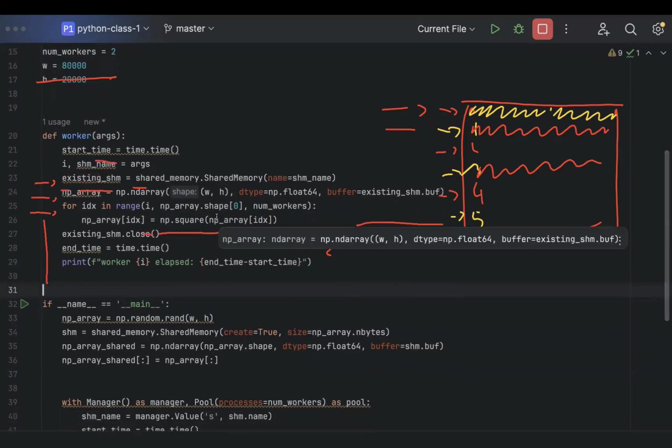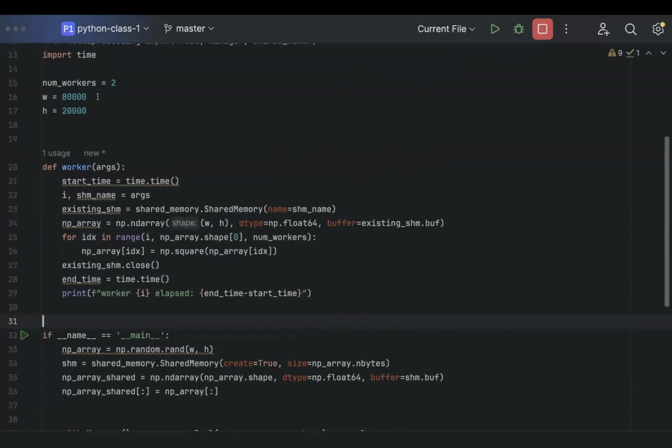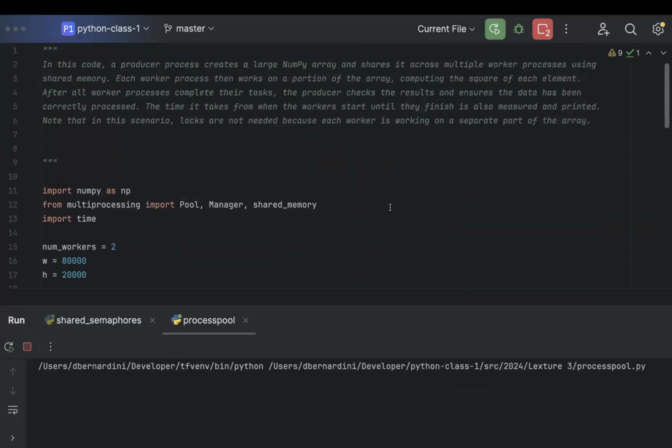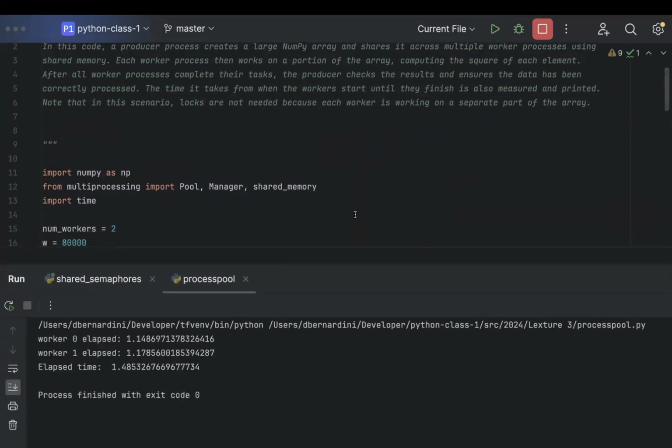So let's see another aspect of this. We have two workers right now. It's a pretty big array, 80,000 columns times 20,000 lines. So I'm going to start it. It'll take a couple of seconds to go through. Right, so worker 1 took 1.14 seconds, 1.17 seconds for worker 2. The whole process ended after